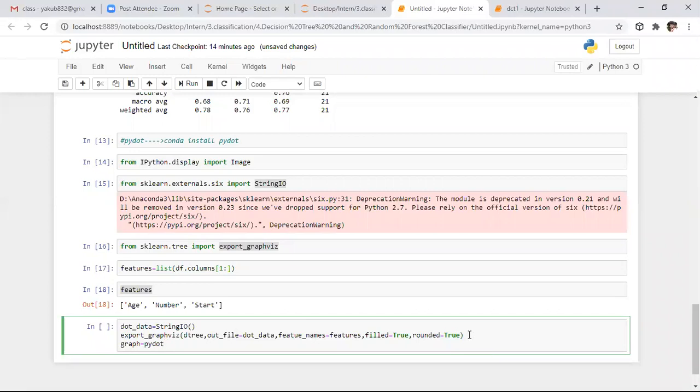Here we need to specify pydot dot. So it is not a required thing. Whereas if you want to visualize the graph, it will look beautiful.